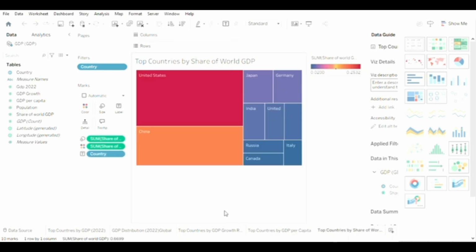And the last chart is a tree map showing the top countries by share of world GDP. This chart uses size to represent value, where larger boxes indicate a bigger contribution to the global economy. It provides a more visual and easy